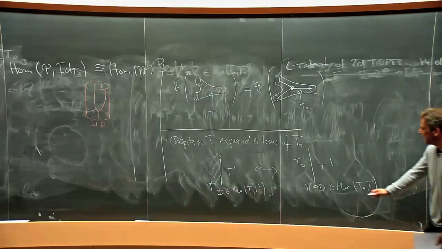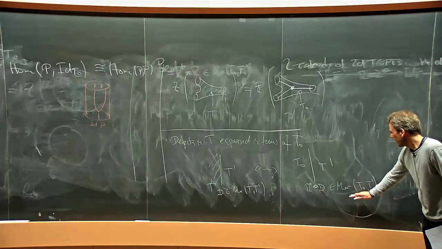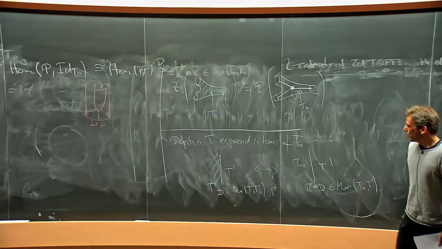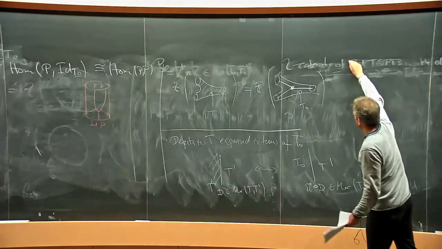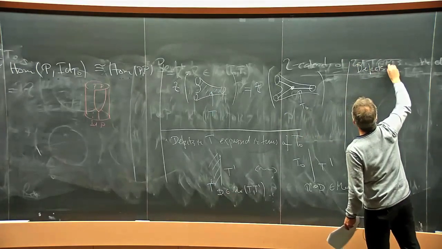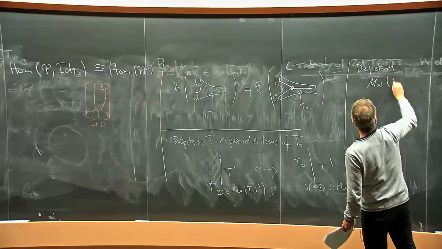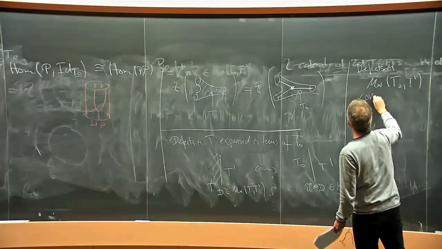Okay? So this means that my defects in this theory T naught, which correspond to defects in the theory T, are exactly those defects in Mor(T naught, T prime) corresponding